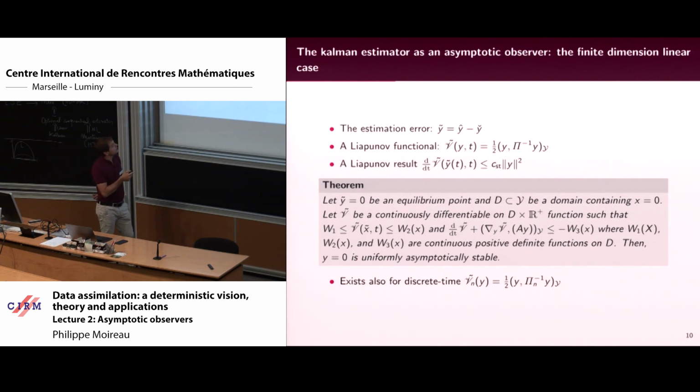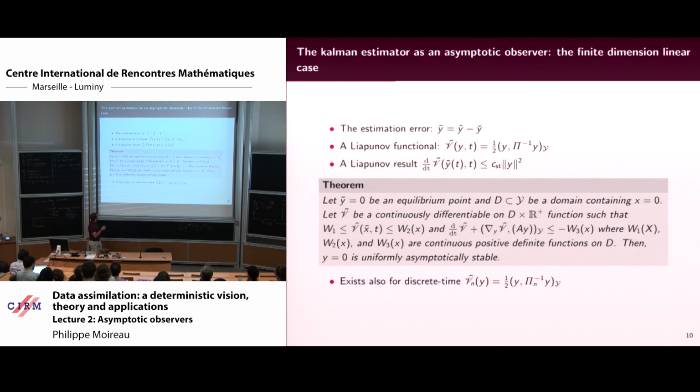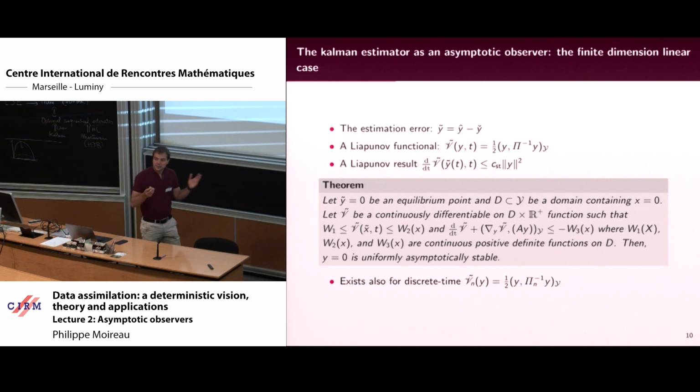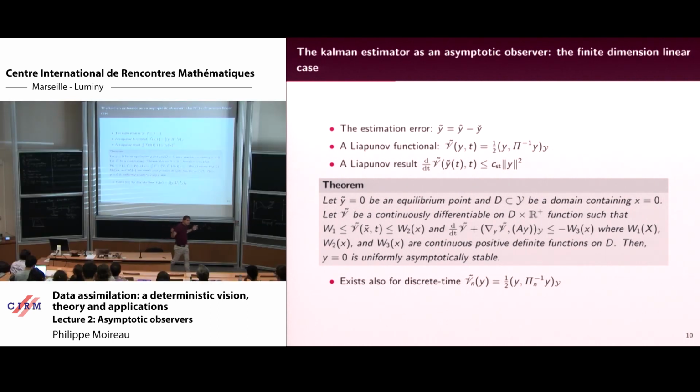If you compute this and differentiate through time, you differentiate this Lyapunov function applied to the error. Now the error depends on time, so you will have to differentiate the dynamics here, and then the dynamics here. When you do the computation, the magic of Kalman is that everything cancels and you can prove that you have this type of inequality, which is exactly the type of inequality proving that the system is actually contracting.